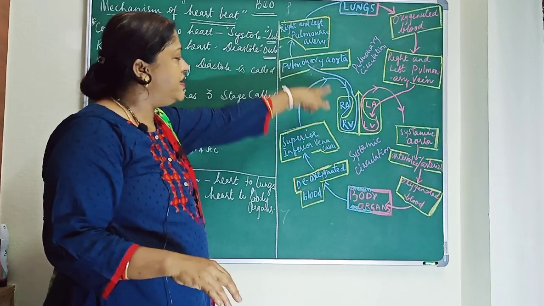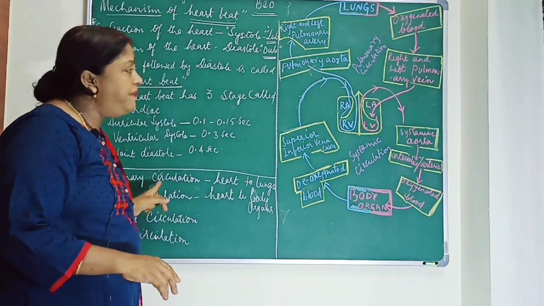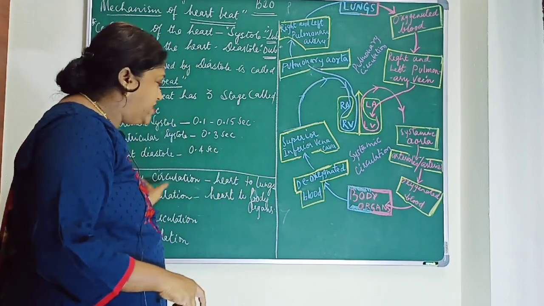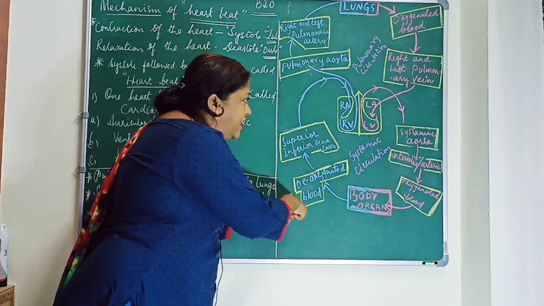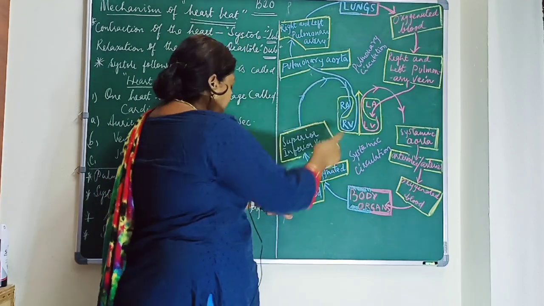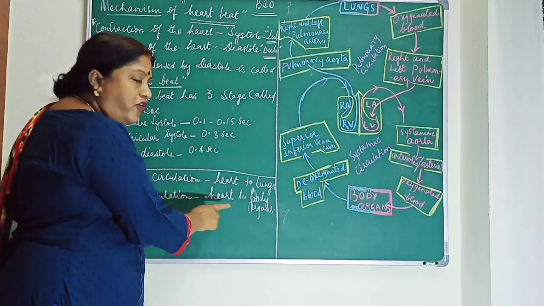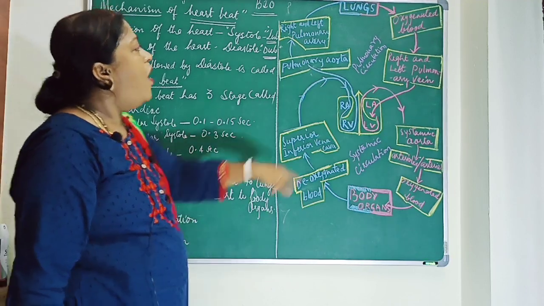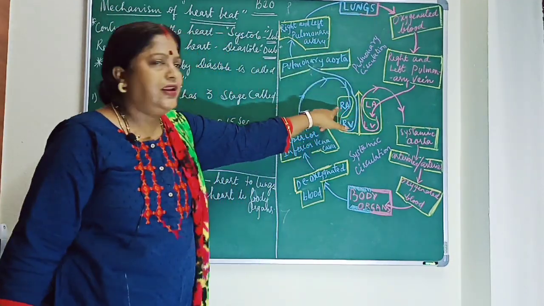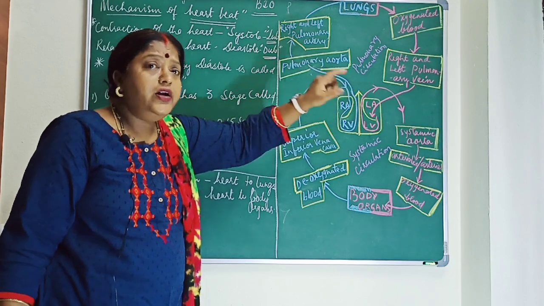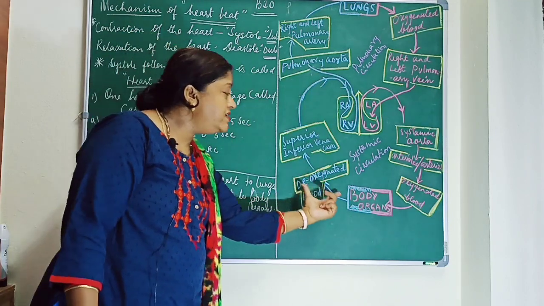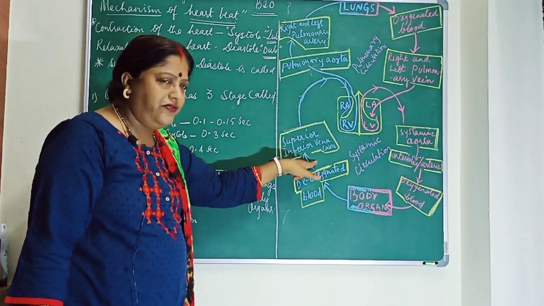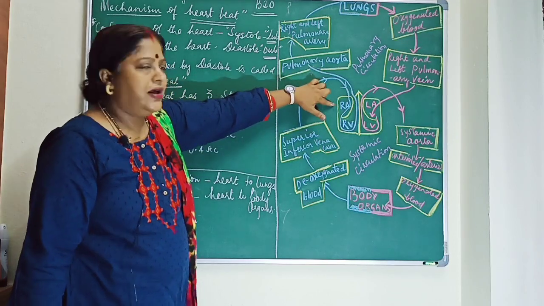So here we can see like this. In pulmonary circulation, you have to start from deoxygenated blood, till the left auricle. Then systemic circulation is the flow of blood from the heart to the body organs. So you must start with oxygenated blood till the right auricle. During pulmonary circulation, deoxygenated blood from the body organs is collected through the superior and inferior vena cava and it is poured into the right auricle.